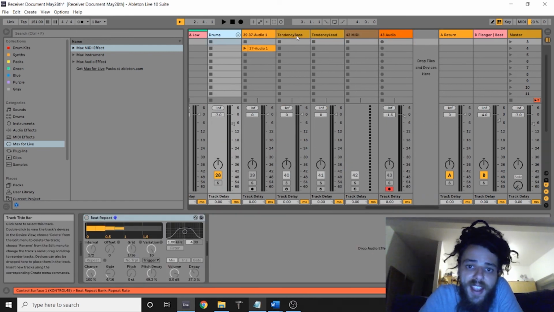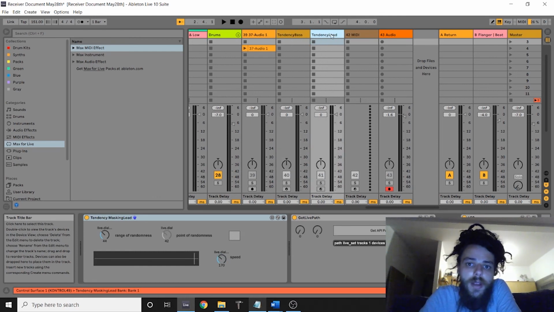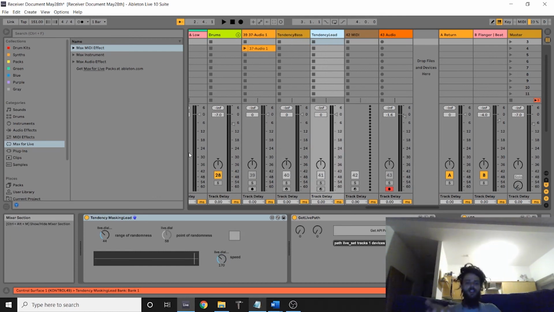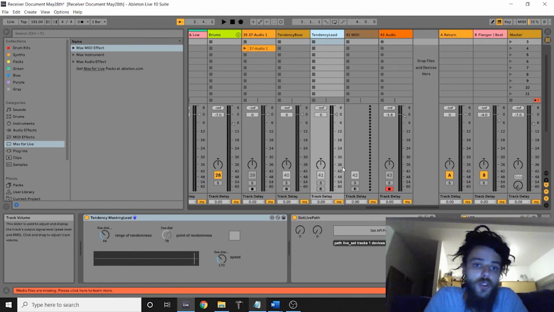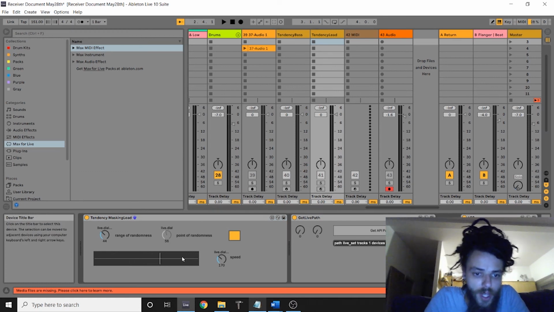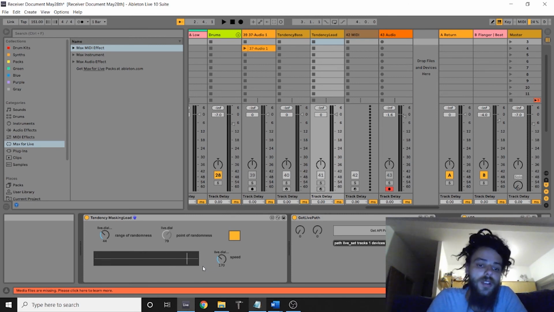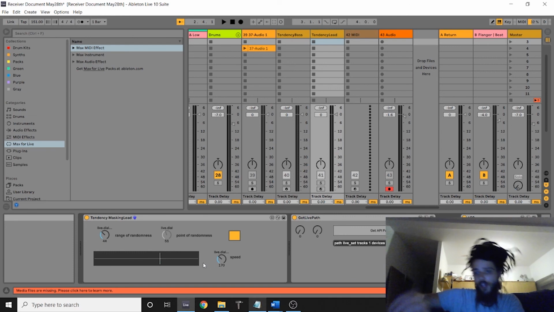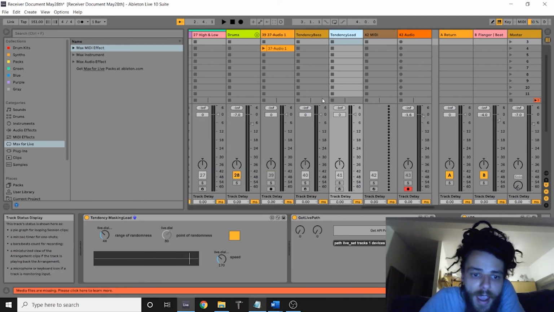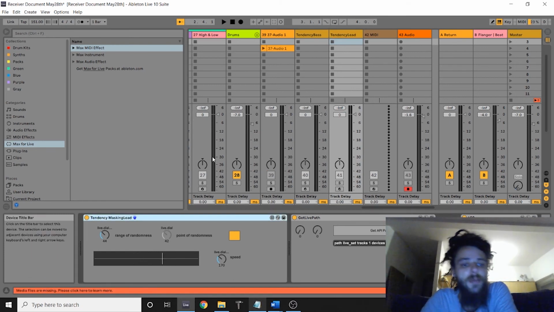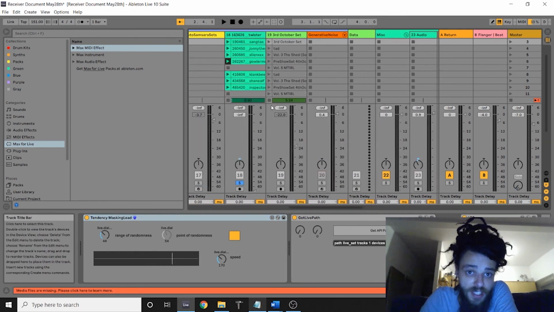Now, as I was saying, we've got tendency tracks over here. All this does essentially is apply a tendency masking patch to the macro controls of synthesizers. So if I turn this on, you'll notice that this kind of scanner is skipping around. This is trying to emulate if a human was to get a MIDI controller and explore sounds in real time. This is the tendency masking for the lead synthesizer. If I head over to the lead synthesizer,